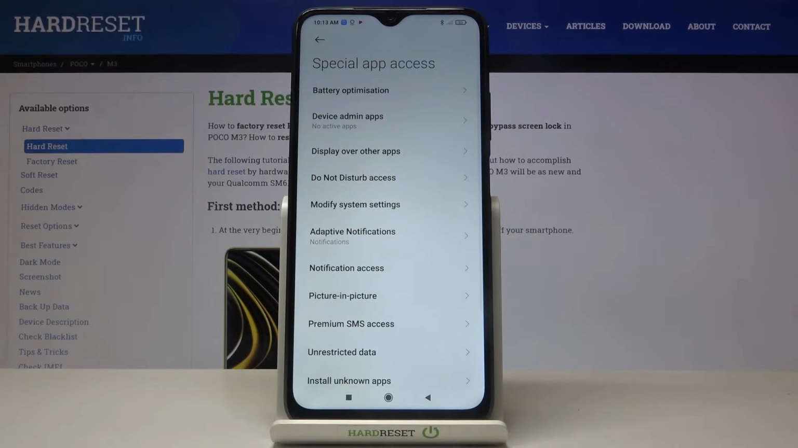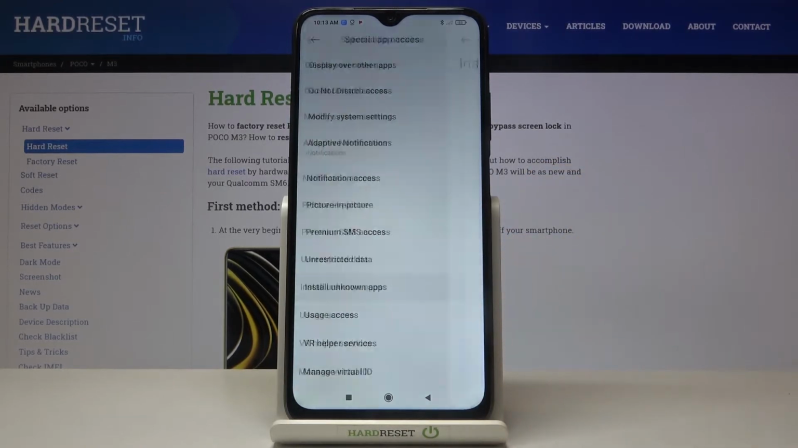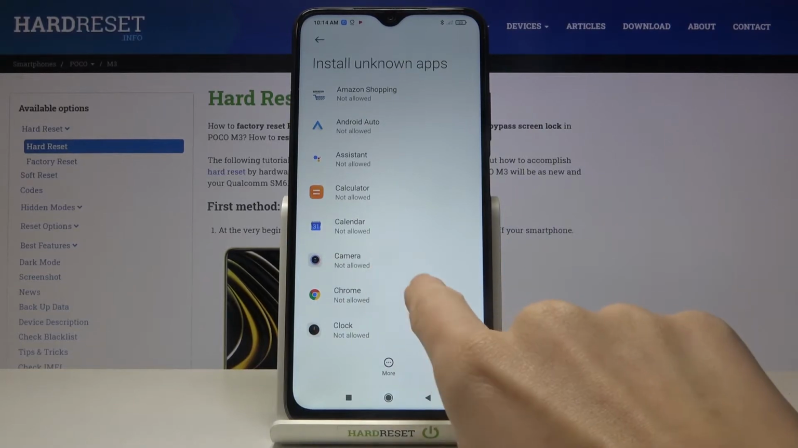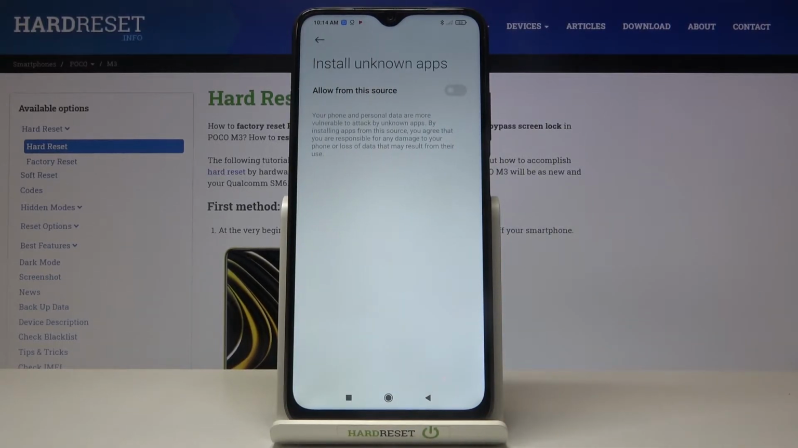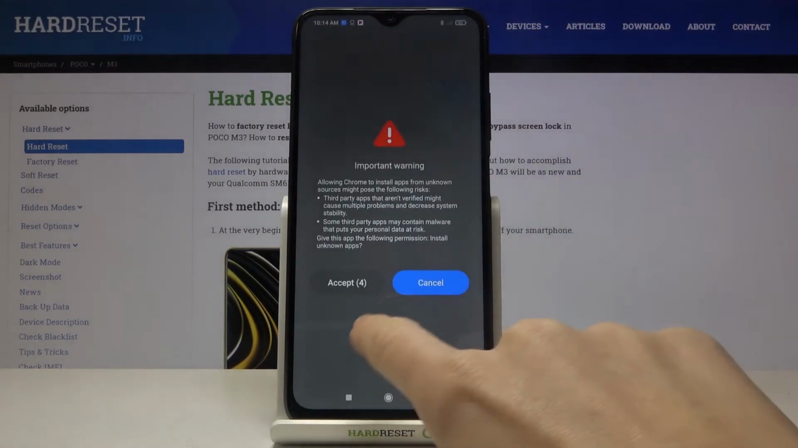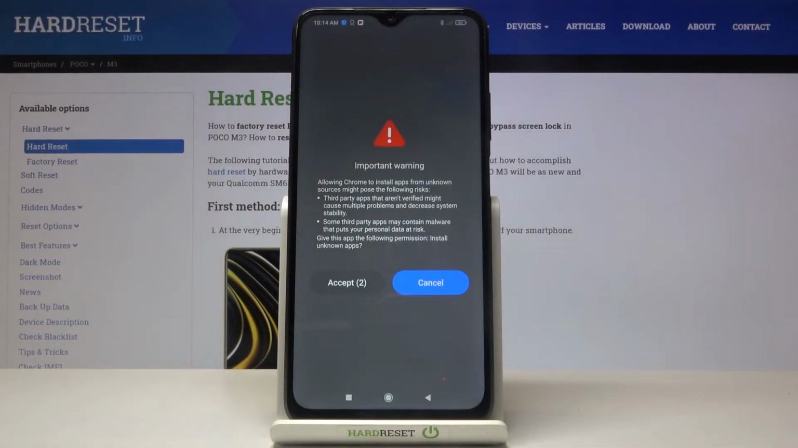special permissions. Here you will notice install unknown apps, and this is the place where you can give permission for some particular application to install another one via this source. For example, let me pick Google Chrome, and now if you would like to allow installation from this source, just mark the switcher. Tap on accept after 5 seconds,